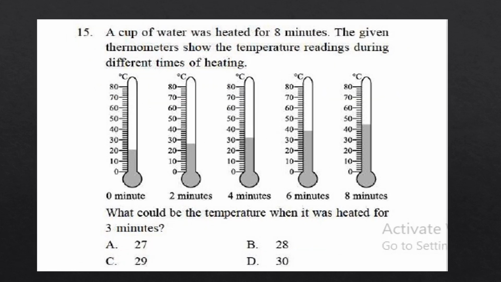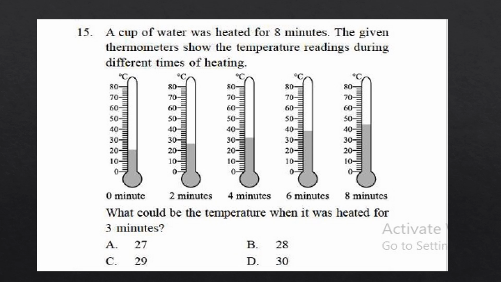Question number 15. A cup of water was heated for 8 minutes. The given thermometer shows the temperature readings during different times of heating. At 0 it is 20, at 2 it is 26, at 4 minutes it is 32, at 6 it is 38, at 8 minutes it is 44. So each minute it is increasing